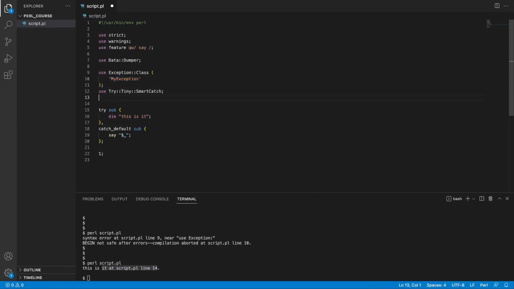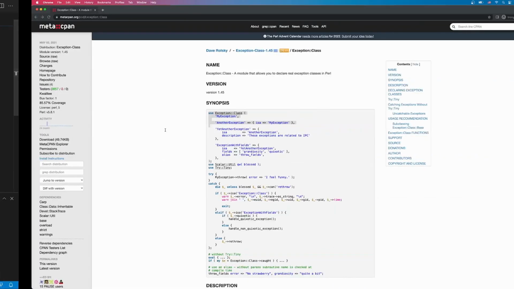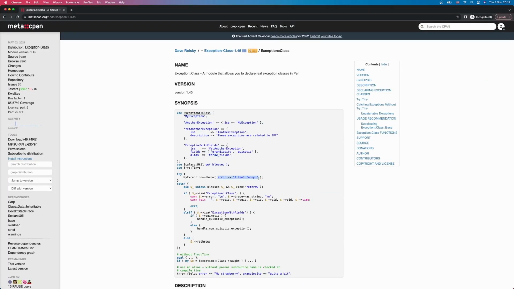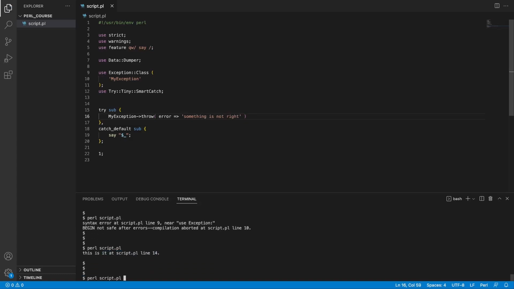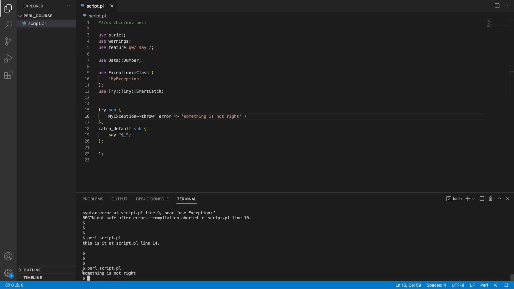Now the question is, how do we use them? Well, you use custom exceptions by writing MyException, or however you named your exception, and calling a method, which is going to be inherited from the Exception::Class, called throw. And here, if you look at the documentation, you can throw exceptions with specific messages. So what we could say is, for example, error, something is not right. Now if we do this, save the code, rerun our script, we're going to see something is not right printed